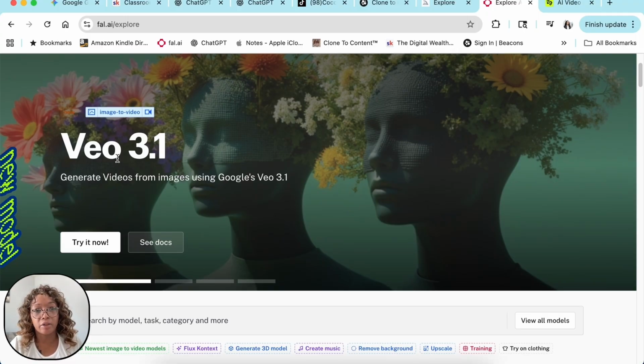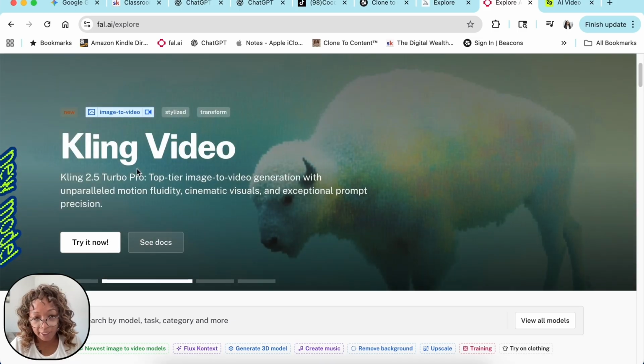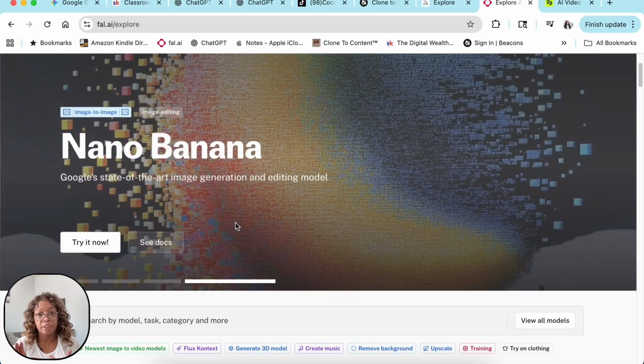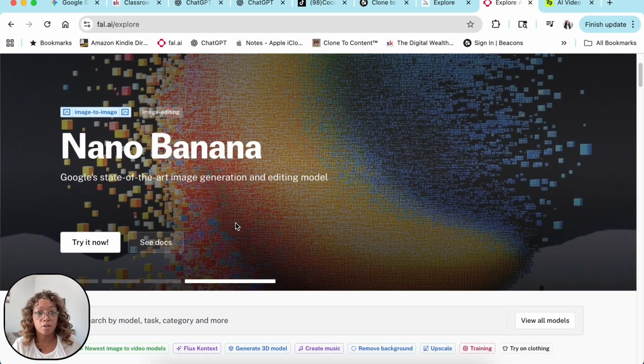And like I said, with Fal.ai you get access to VO3, Nano Banana, Kling, Midjourney, all there. Also, Google Gemini is the other one. VO3, Nano Banana, Midjourney, and Higgsfield. So write all those down and go ahead and start playing around on all of those platforms.